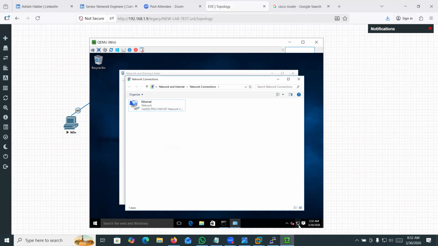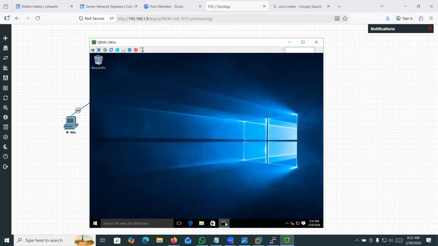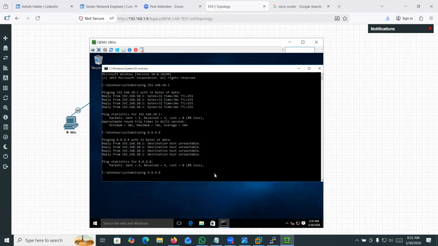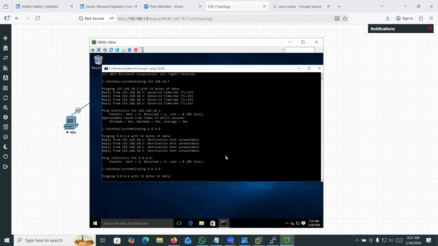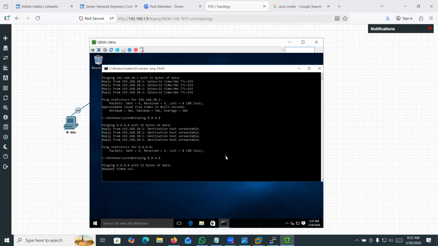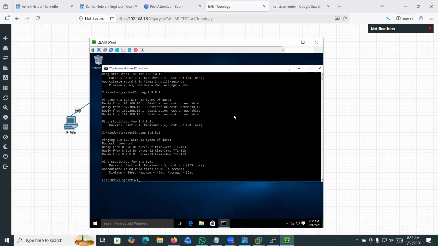The yellow mark is gone, right? You can see internet access. That means my PC is getting internet. And it can ping, right? You can see it can reach the internet.